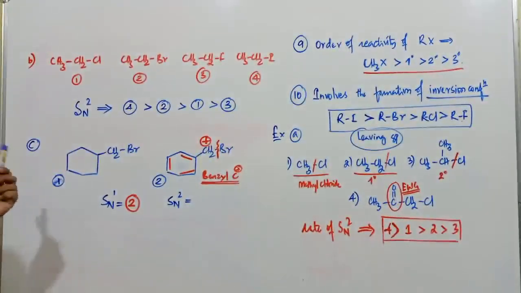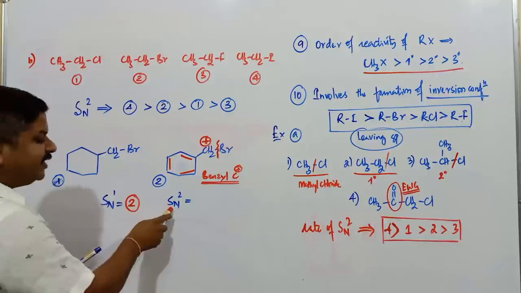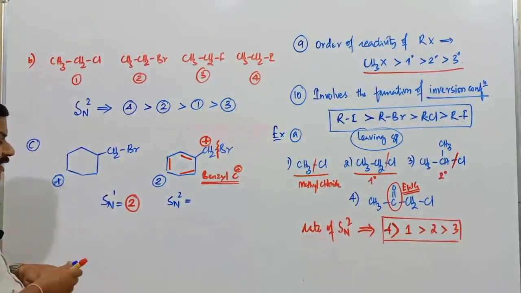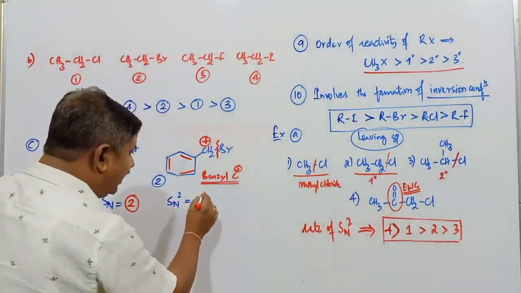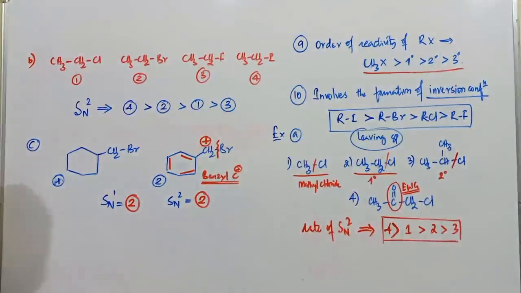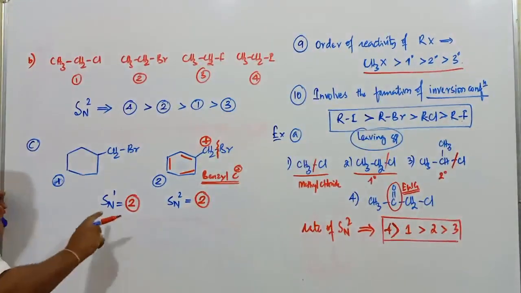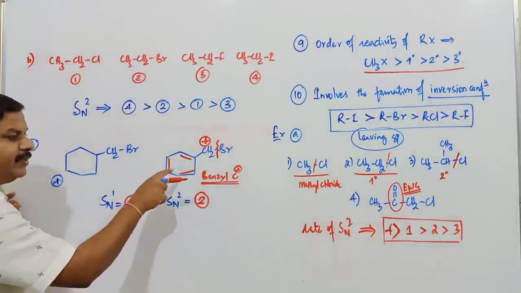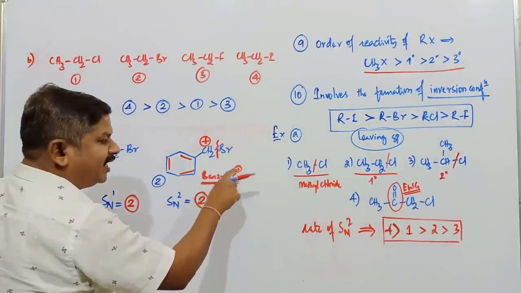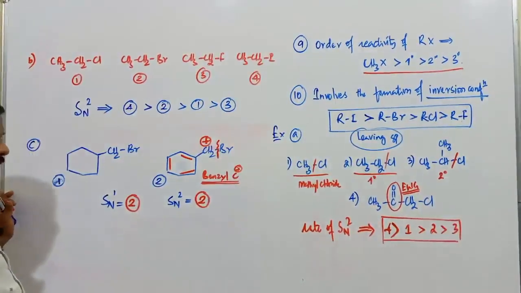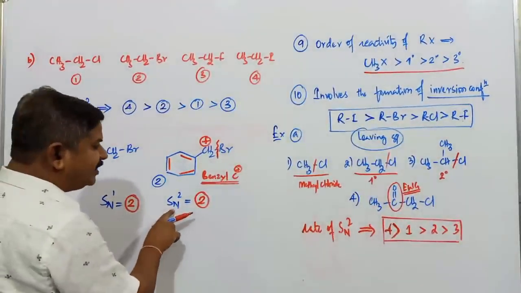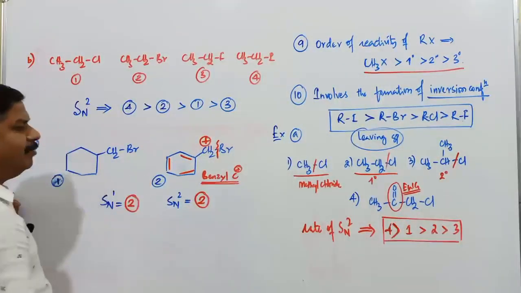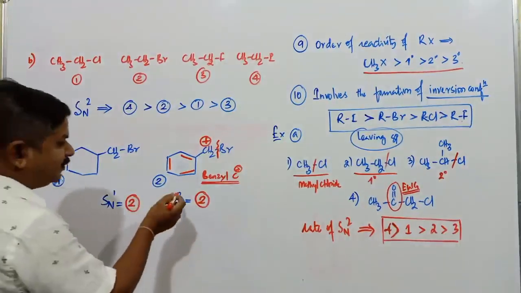Very interestingly, the rate of SN2 mechanism is also maximum in the second one itself. Got confused? No. As I have explained, the rate of SN1 reaction is maximum with respect to the second compound because of benzylic carbocation. The rate of SN2 mechanism is also maximum with respect to the second compound because